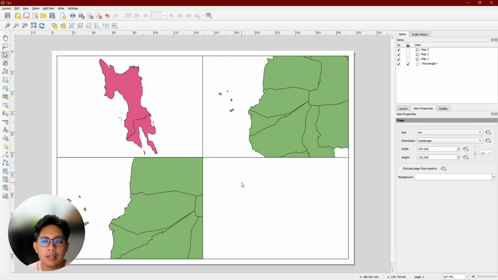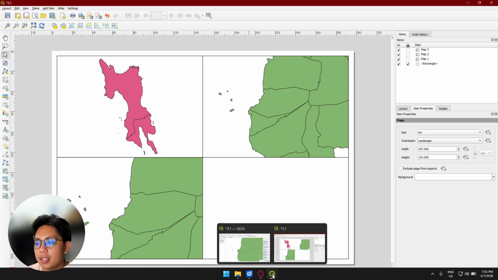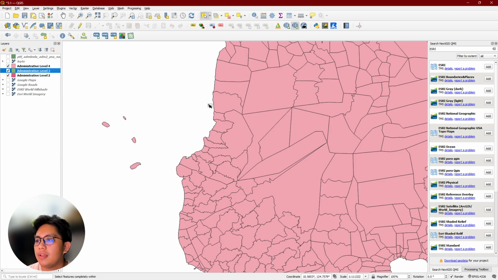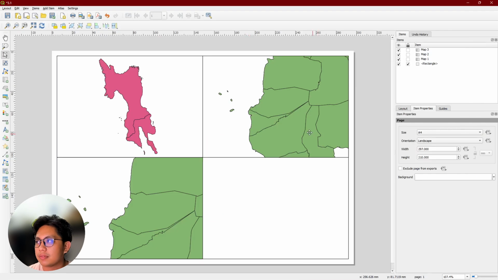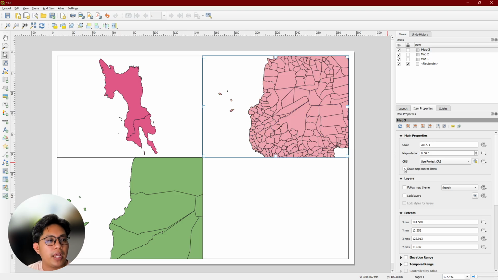Okay. I'm gonna go back to QGIS to load my level 4, focusing on Inupakan. It didn't update. Just double-click draw map canvas items. It will update.